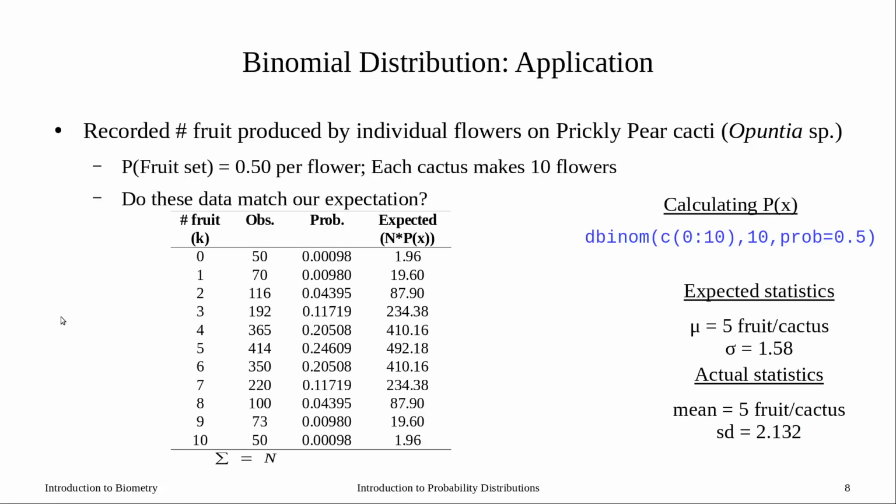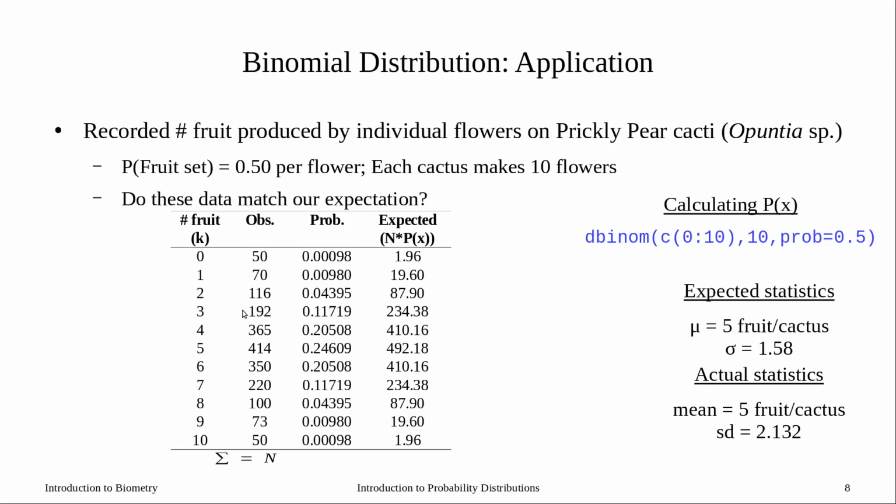How would we use this? Here's a typical example of how we would use it. We would go out and collect some data on 2 outcome situations, so infected, uninfected, or in this case, looking at fruit set. We have our observations, so our observations would be a column, and then what we would do is test one of 2 things. We can test whether or not our data are random, or we can test if our data follow some